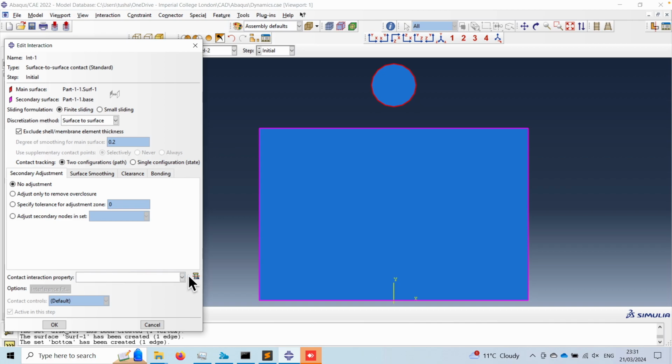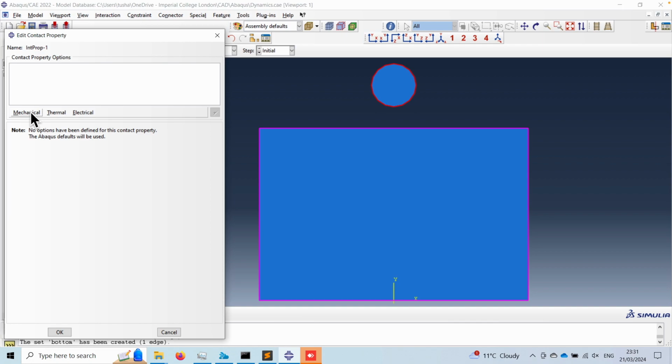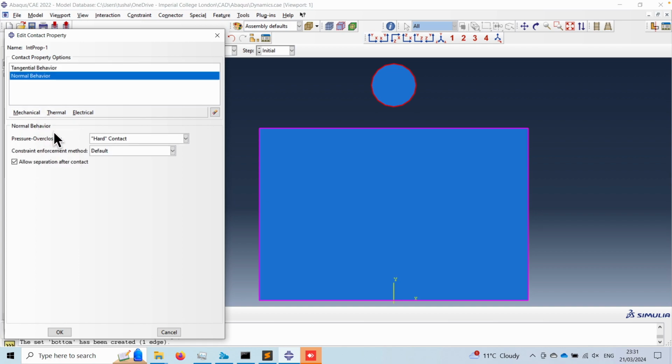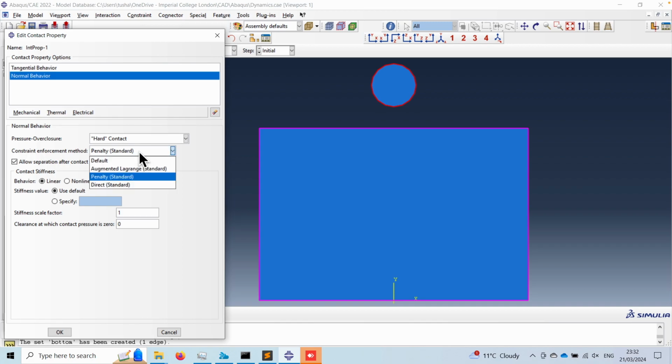Okay, of course we need an interaction property, similar to the previous example, with tangential behavior frictionless and normal behavior we will use hard contact, and let's keep a penalty. There are many ways of enforcing contact, because contact is basically a constraint. We are implementing a constraint relationship with contact constraint, and there are many ways of implementing it, like one of them is the penalty method. Of course there are other options like Lagrange multiplier. So let's try with penalty method. You can try other options to see the effect on the solution, on the convergence and other things. Anyway,